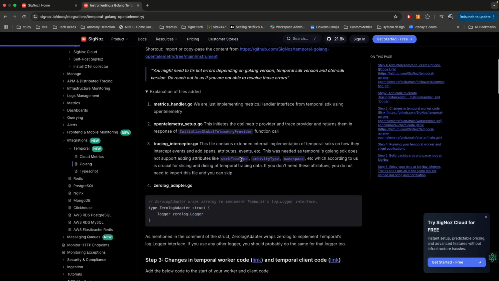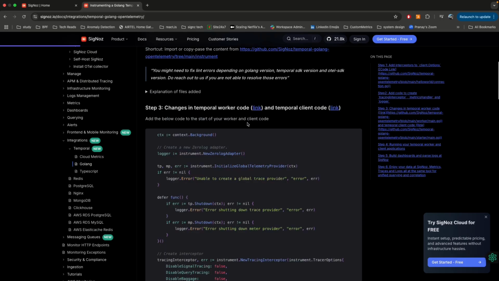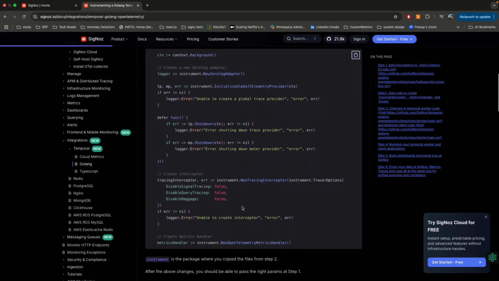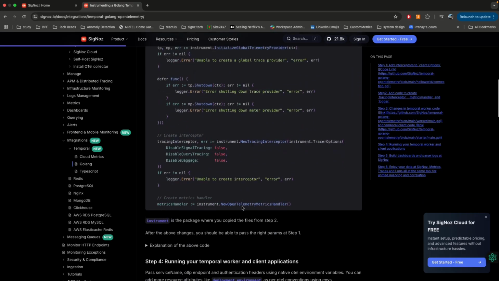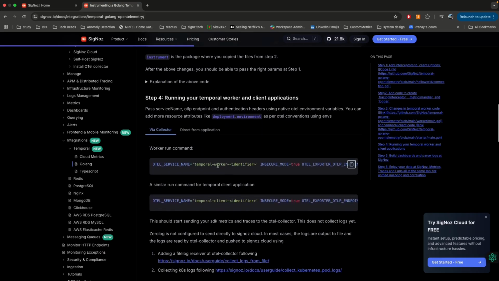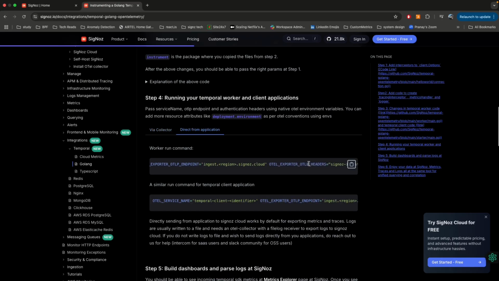Probably these ones export the different attributes of Temporal, like workflow type, activity type, and namespace, so that you can slice and dice on the data. Then you can put a few things in Temporal as interceptors to start sending the traces data, and you can run the Temporal workers with some environment variables like service name, and start sending the data to either a local OpenTelemetry collector, or you can directly send from the application to the region-specific endpoint with your